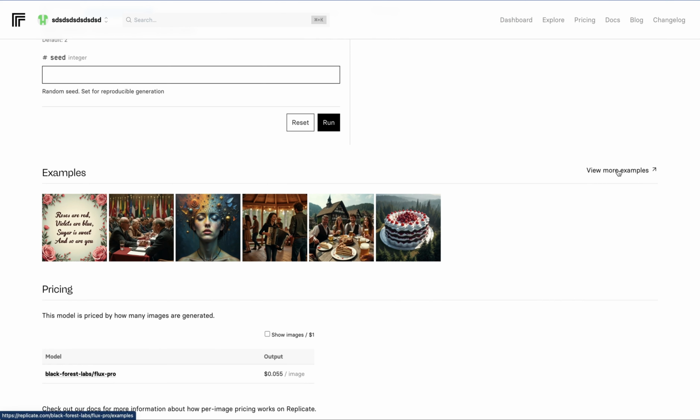The Pro version is paid and it's available for commercial purposes. After you sign in with your GitHub account, which is free, you can generate around 40 free images with the Pro model. After that, you need to pay a small fee per generation. Here you can see some examples generated with the FLUX Pro model. And FLUX Schnell is a free model to use. The images are less impressive. Still, considering this price point, it's very accessible for people who want to generate a lot of great images